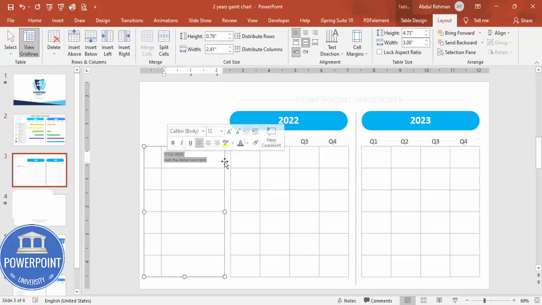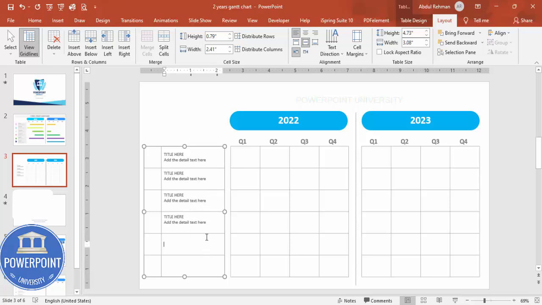All right, so now let me just select here, copy and paste. Sometimes what happens, if you paste, some additional line will be added, so don't worry about that one. You can simply delete that part also if you want. You can see here. All right, so once this is done, and if you're using the latest version of PowerPoint, you can go to